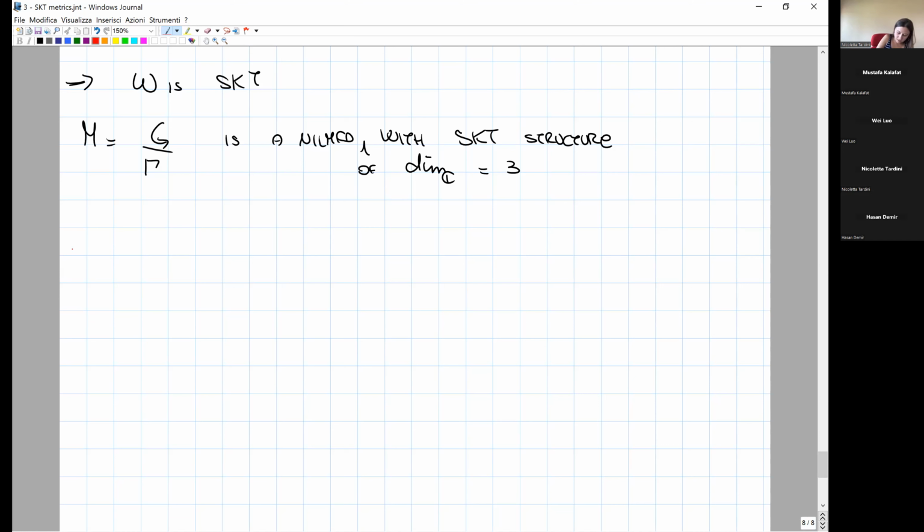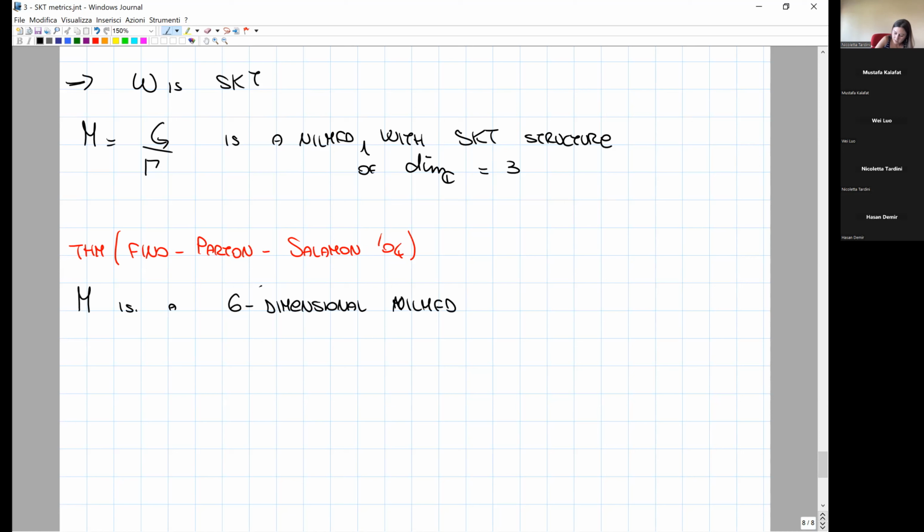Indeed, we have this theorem due to Fino, Parton, and Salamon in 2004 that says that if M is a 6-dimensional, I mean the real dimension, okay, 6-dimensional nil-manifold, so this is the real dimension, okay, with an invariant complex structure